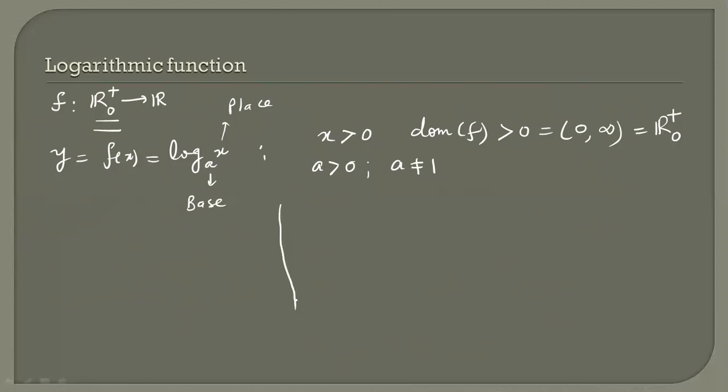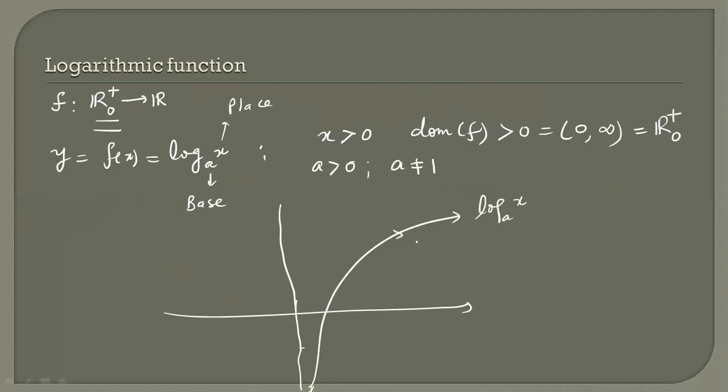What about the range of this function? If you draw the graph of this function, it will depend on a. It looks like this only. This is our asymptote here, as y tends to infinity. This is your log x. When the base is greater than 1, it will be x equal to 1, y equal to 0 here. If your base is less than 1, between 0 and 1, it is again the graph of log x. If the base is 1, then this function is not defined. So this is the graph of log x base a.